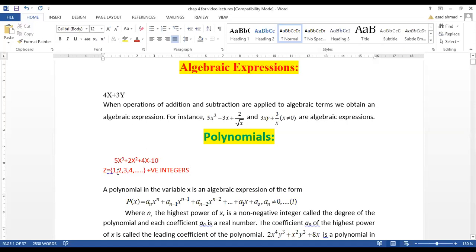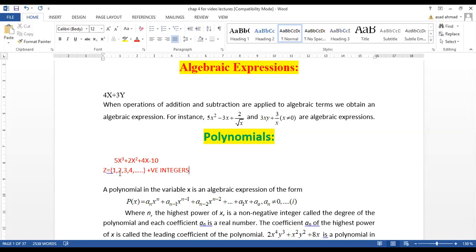In the similar way, we also have some integers which are negative. If I place -1, -2, -3, -4, all these will become negative integers. Now the point is that these are the positive integers. So you should recognize what integers are. Integers are the whole numbers. In simple words, whenever you speak a positive number, that is an integer, like 2, 3, 5, 10, 20, 50, all are integers.